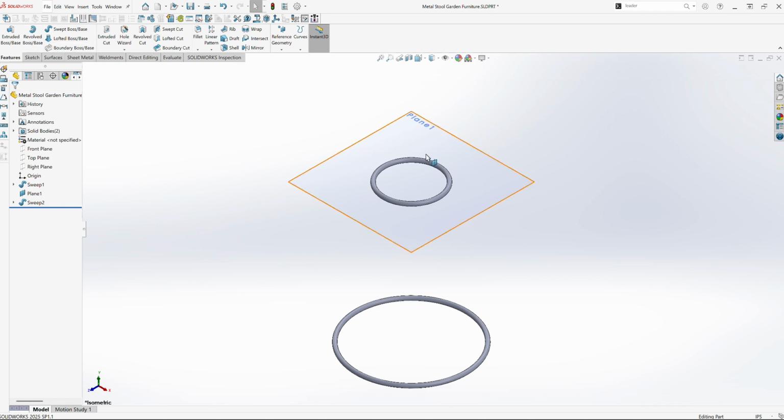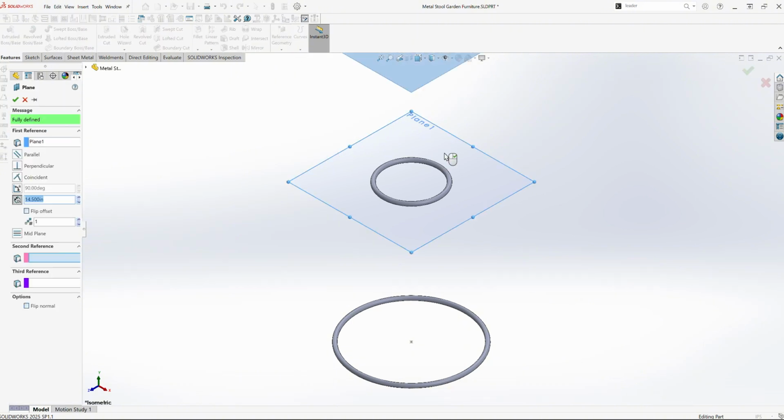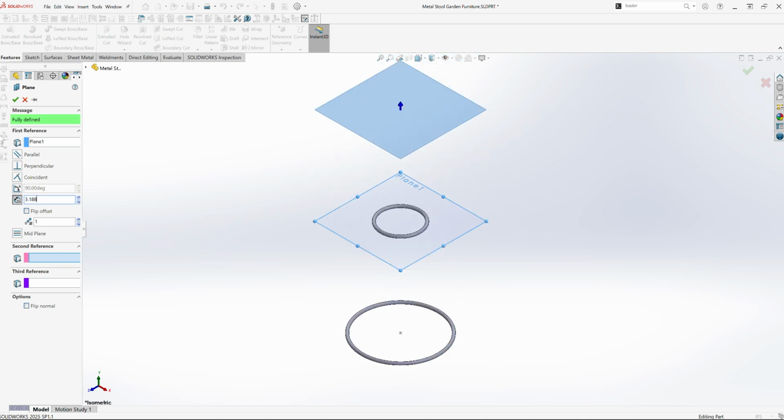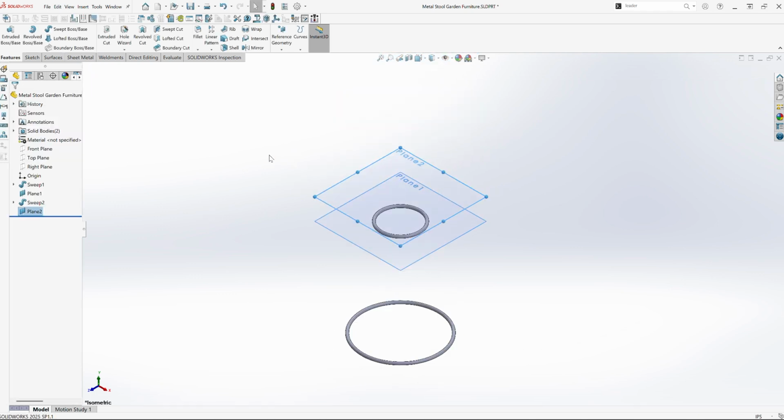Now we're going to offset this plane 1 by 3 3/16 to create our second plane for the top of the stool frame. Reference Geometry, Plane, plane 1, and the offset up is 3.188, 3 3/16 of an inch. Okay. I'm going to hide plane 1, click plane 2, click sketch,